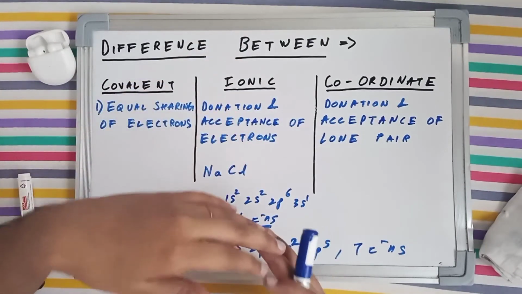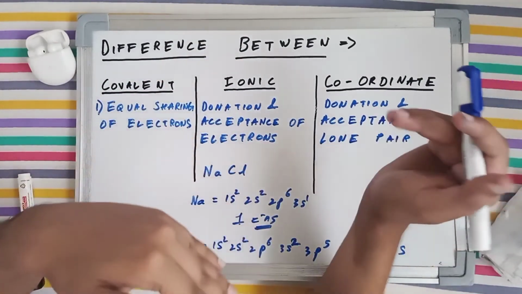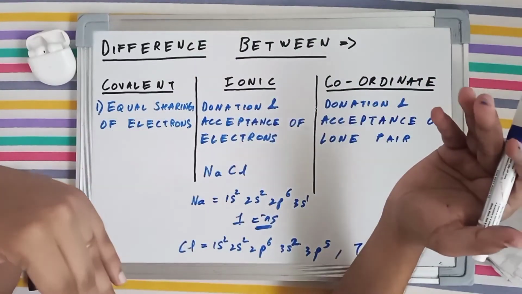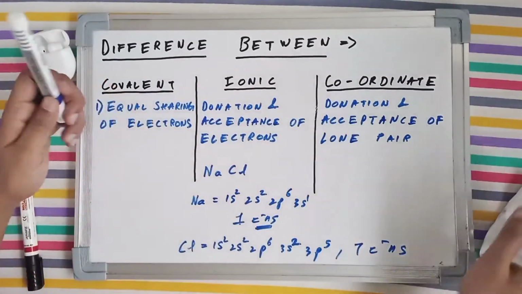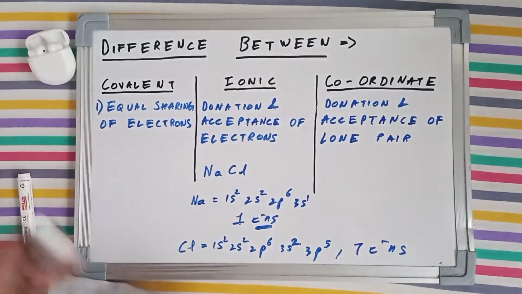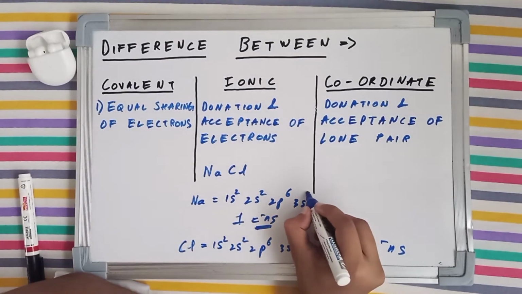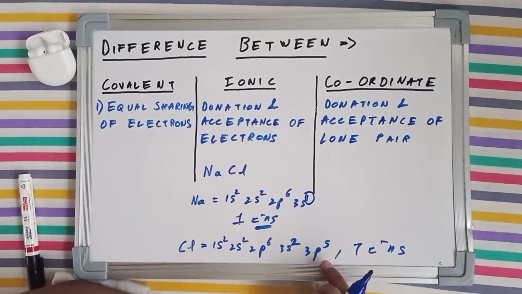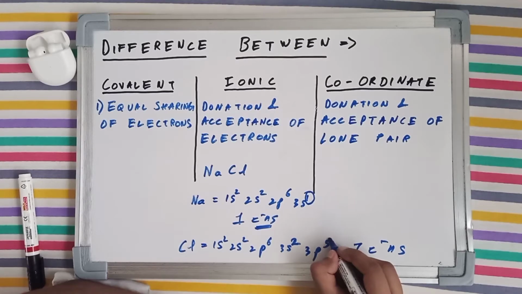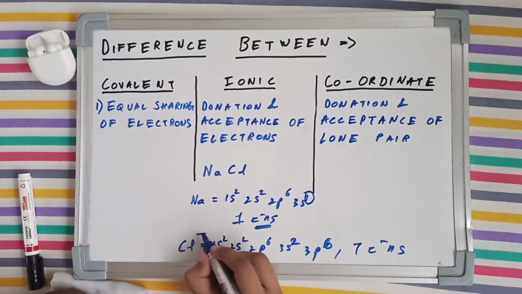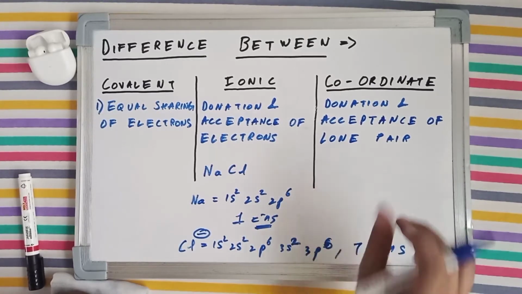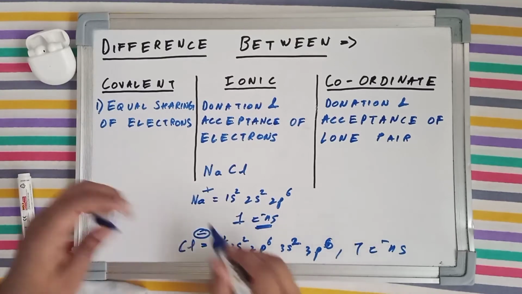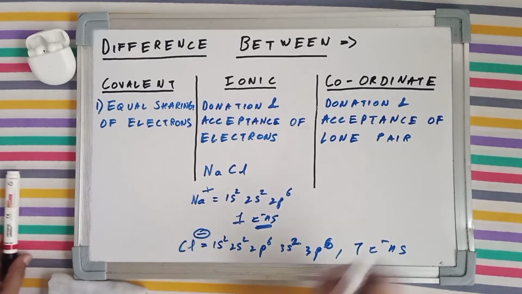It is so because when the electronegativity difference increases, okay, the gap increases between two atoms, there is a chance of formation of ionic bonds. Okay, so sodium will lose this electron from the 3s subshell, and chlorine has snatched it away from sodium. So chlorine has now gained 3p6 and has also gained a negative charge, whereas sodium, having lost this electron, now gains a positive charge. Now this is a positively charged ion, whereas this is a negatively charged ion.